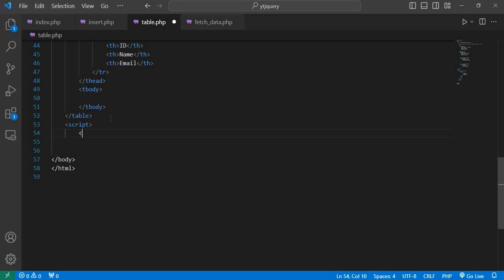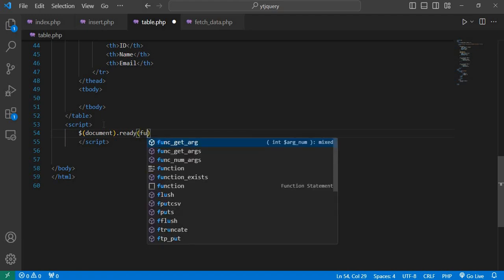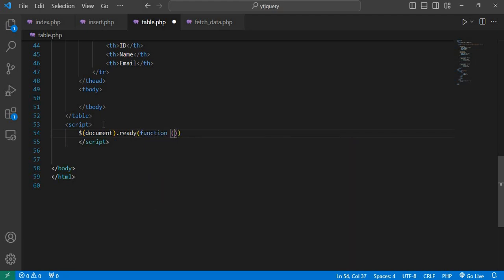Script tag open and close. $(document).ready(function and next use Ajax to fetch data from the server. $.ajax